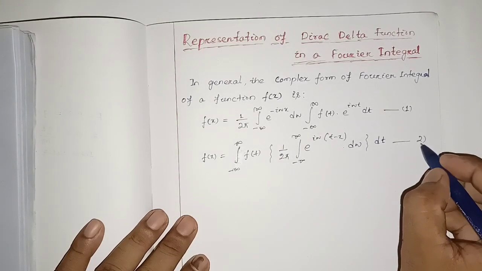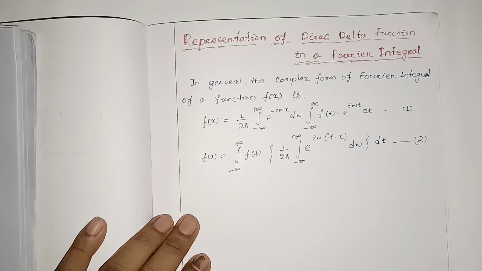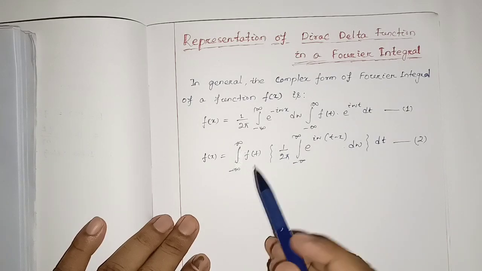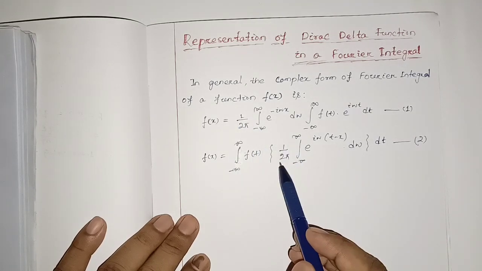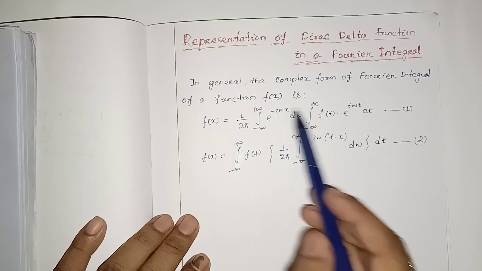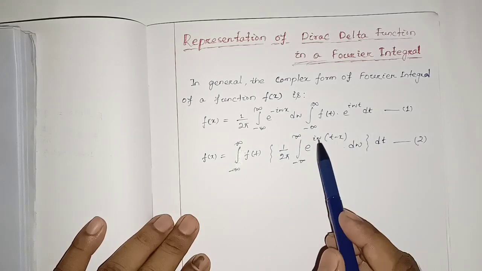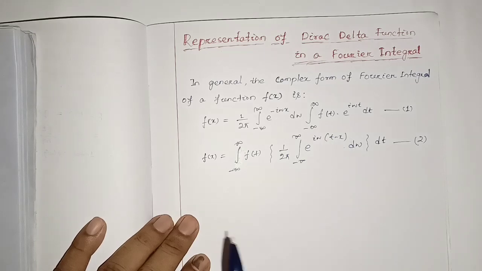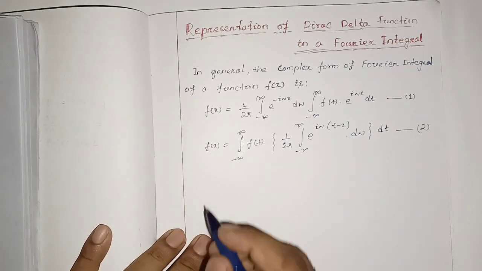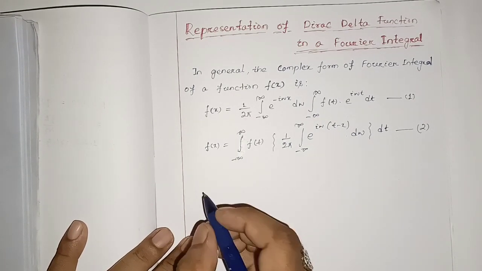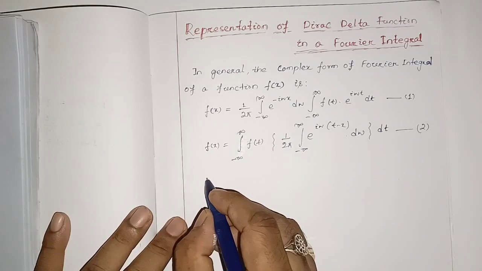This is your equation number 2. So here what I have done is I have written 1 by 2 pi over here, and e to the power minus i omega x and e to the power i omega t are written like this, taking e to the i omega common, (t minus x). But as per the property of the Dirac delta function,